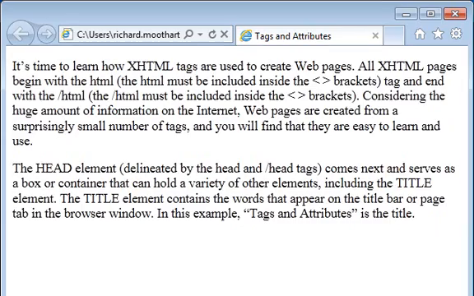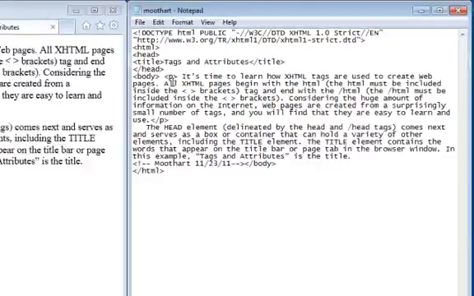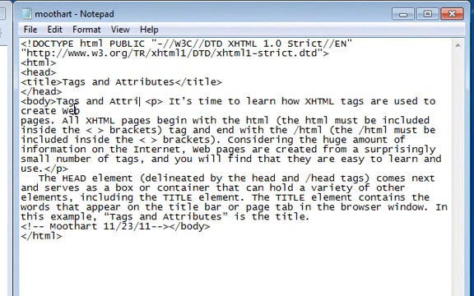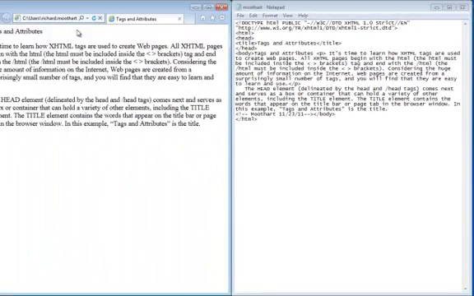So what I want you to do with this web page is to add tags and attributes to the first line at the beginning of the body, and you can add it here before the paragraph tag. So if we just do that, we go tags and attributes, okay, File, Save, and let's see what it looks like over here. So you have tags and attributes, and then the next thing I wanted you to do was to put this